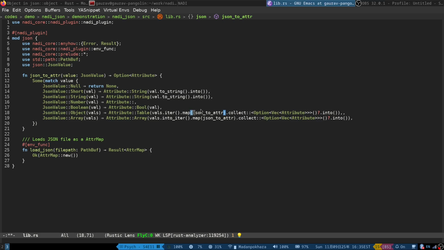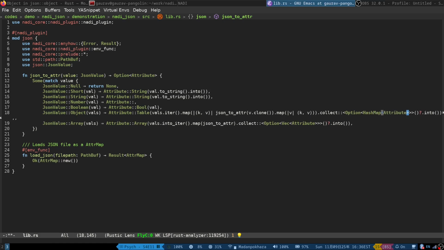And it has key and value, and we will run this on the value clone and then map it into key value pair. So this we can convert into, this is the format, that's the string we are using, so we have to